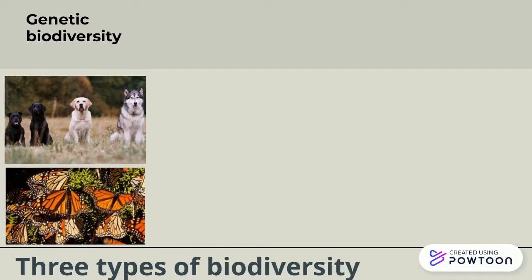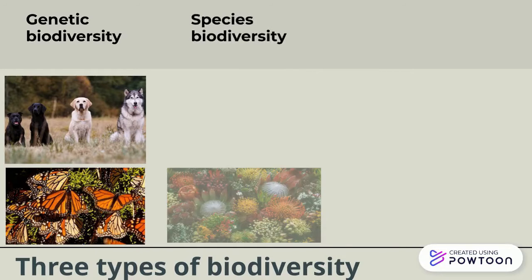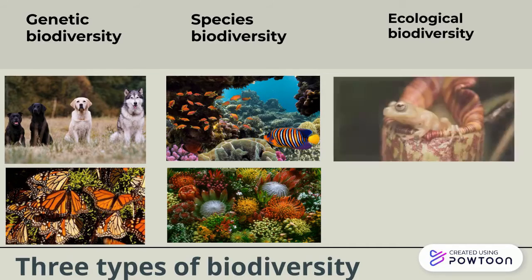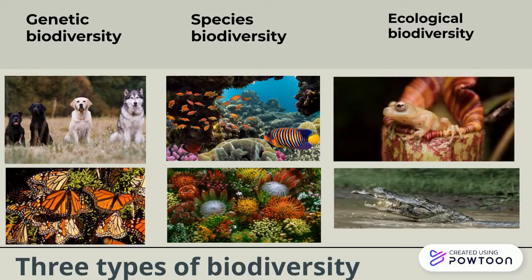There are three types of biodiversity. First is genetic biodiversity. It refers to the difference in organisms' genetic resources. Every member of a species has a genetic makeup that is distinct from everyone else. Next is species biodiversity. The variety of species found in a given location encompasses all species from plants to microbes. The last type of biodiversity is ecological biodiversity. It refers to the diversity of plant and animal species that coexist and are linked by food webs and food chains.